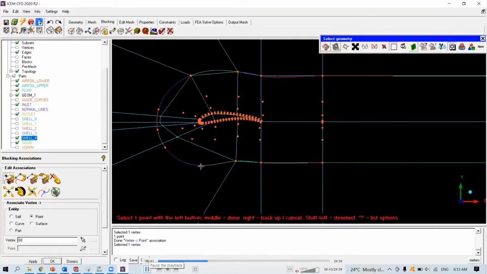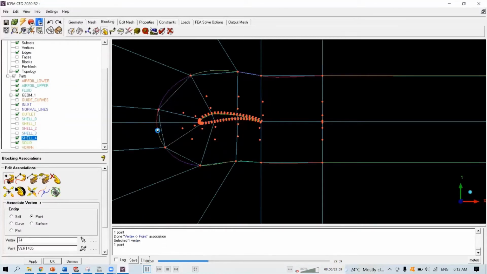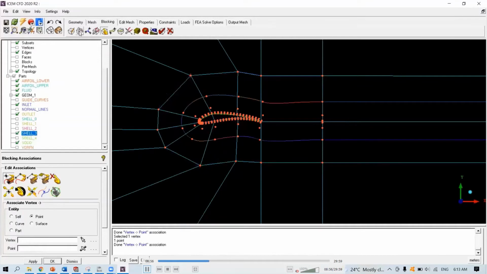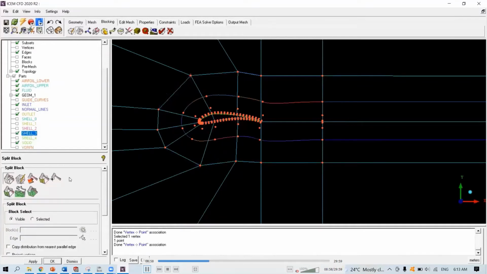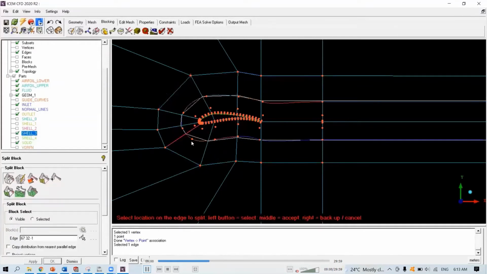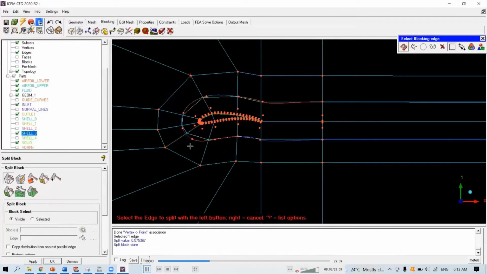Top, bottom, leading edge. Okay. Do the same thing for your shell 3. Okay.